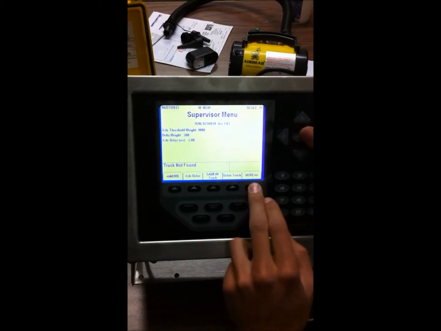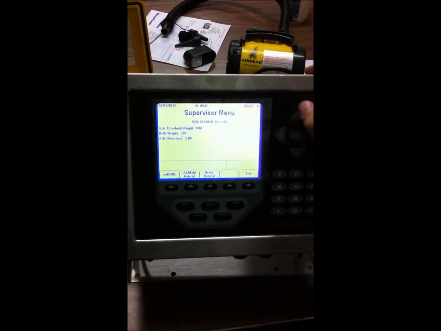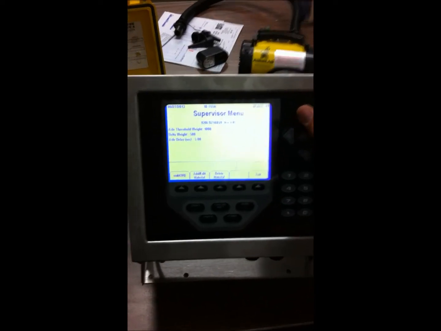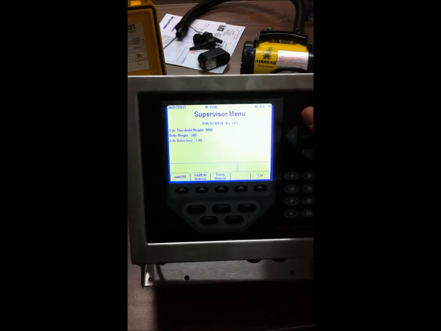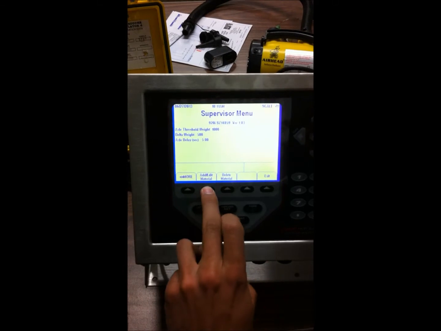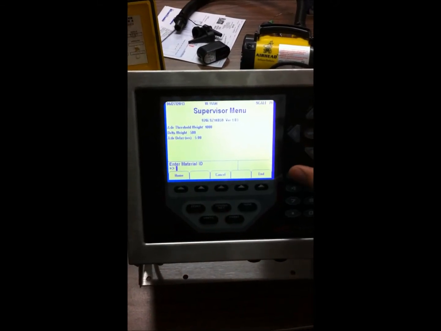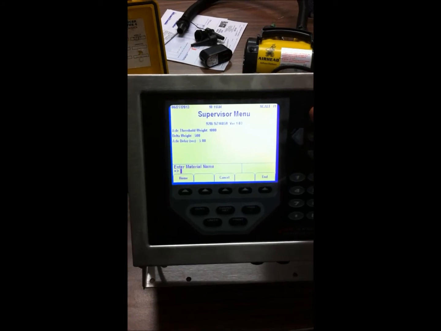Then you're going to go to your next menu by hitting more on the far right of the soft keys, and this is the last menu of the supervisor menu, and this is for adding, editing, or deleting a material. So to add or edit a material, we're going to hit the add edit material soft key. It's going to ask you for a material ID, so we'll enter 1, and then material name